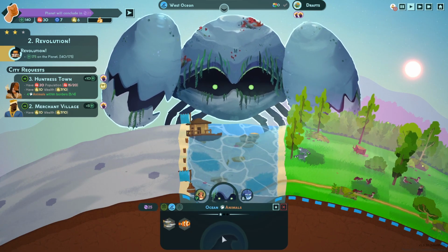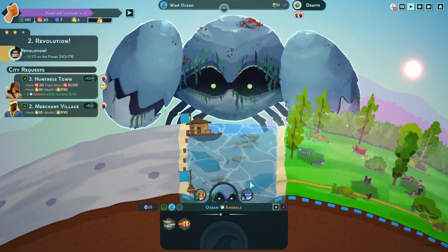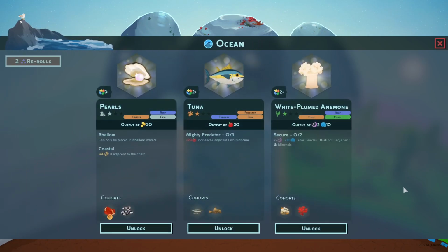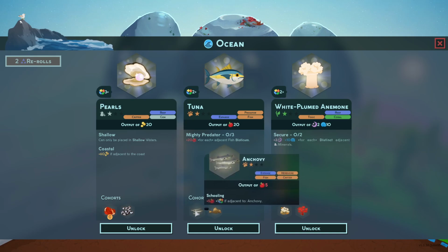Let's see. So in terms of animals, we have clownfish and herring. So we definitely want some very nice 2 slots, but we also want a couple of 1 slots to get the legacy bonus, and then we have micros to play with as well. So let's draft the ocean here. What can we get? Tuna would probably be really good. That's a 1-star. Predator fish expanse, +20 for each adjacent fish bioticum. And then the anchovy would let us get...